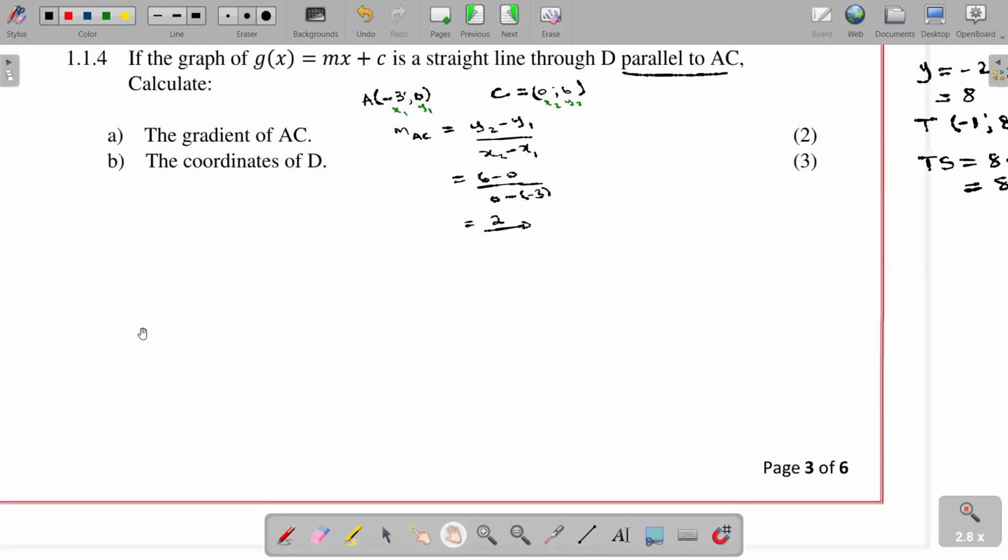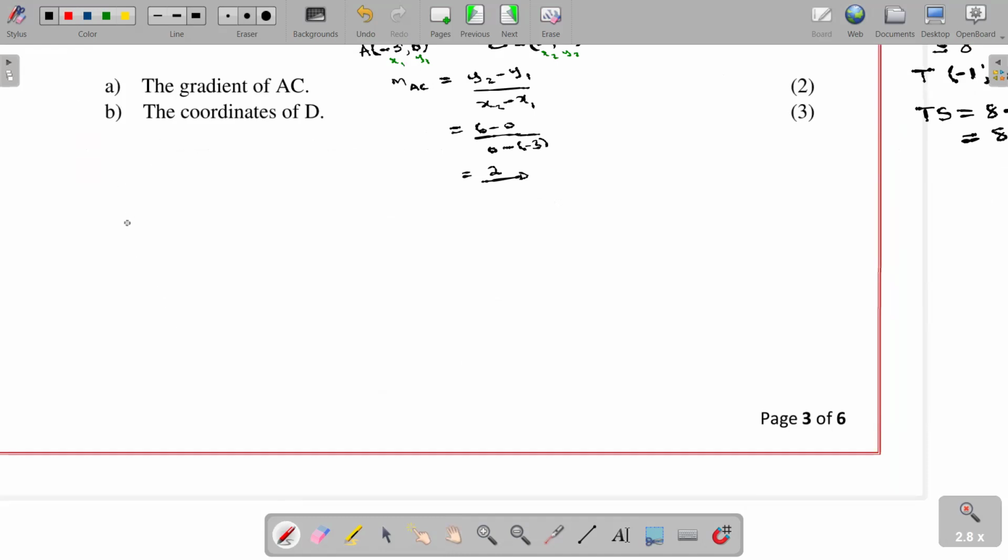So we are answering part B there. We can conclude that the gradient of Gx must be equal to the gradient of AC. But if you check Gx here, you are told that it's a tangent. This one, we are told Gx is a tangent to Fx